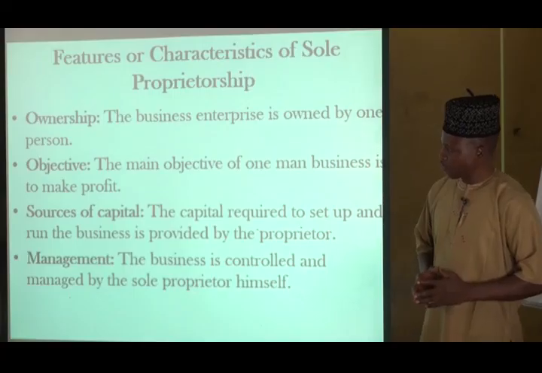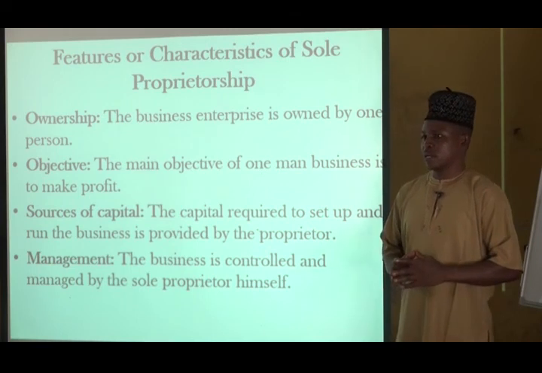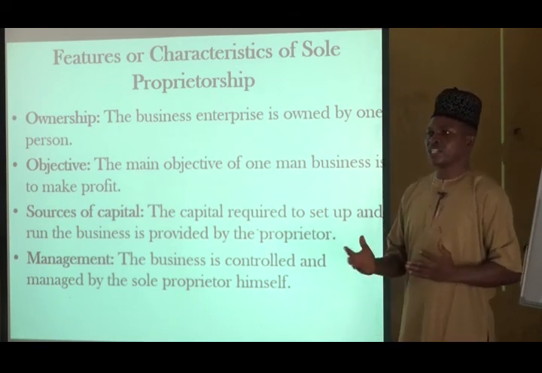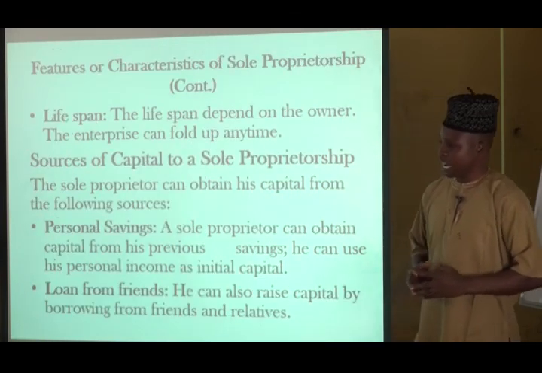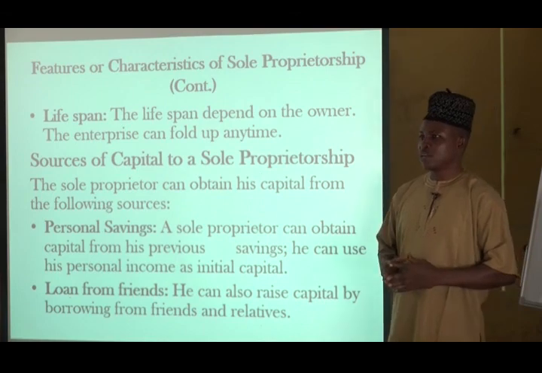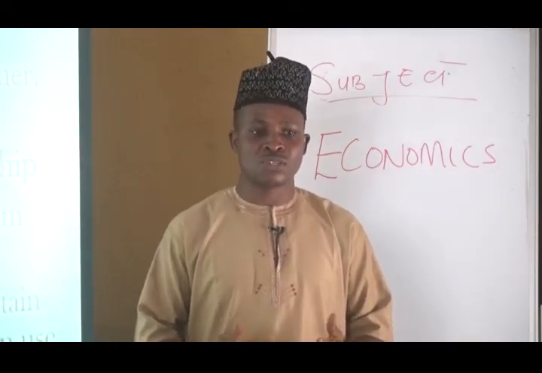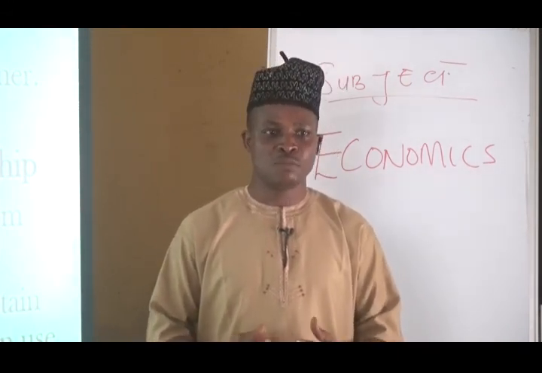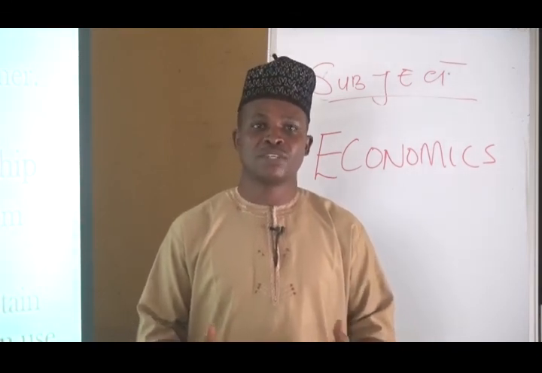The next feature is management. The business is controlled by the proprietor because he owns the business, he manages it the way he likes. The next feature is lifespan. The lifespan of this type of business depends on the proprietor, because if he manages the business very well, there is that tendency in which the business will stay for a longer period of time. But if he does not manage the business